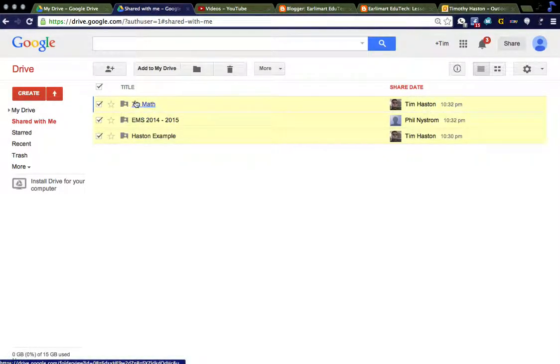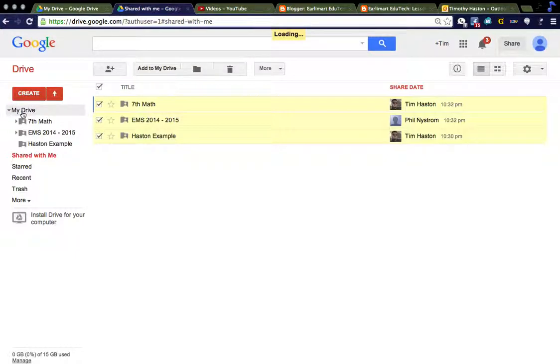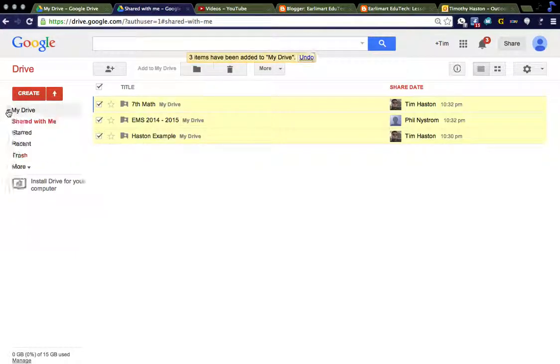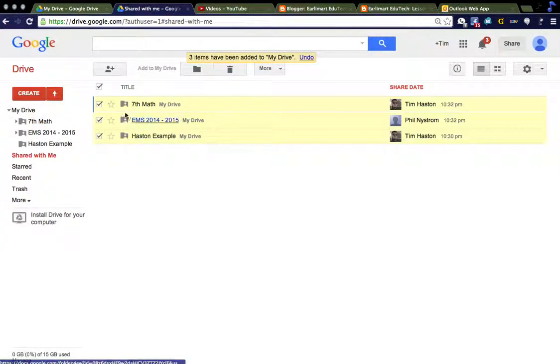None of that. If you actually mouse over the link, click and hold, you can now move, and it says move 3 items. I'm going to take those 3 items and make sure I highlight the My Drive portion. I let go. Now what happens is the My Drive actually will collapse. This is extremely important